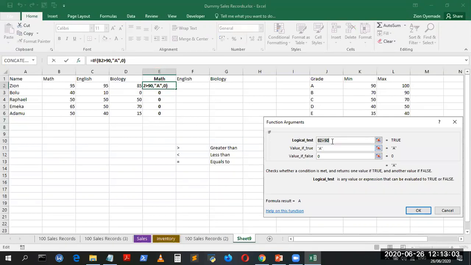If B2 is greater than 90, let me show us the second step. I have done value if true, gives me an A. Value if false,